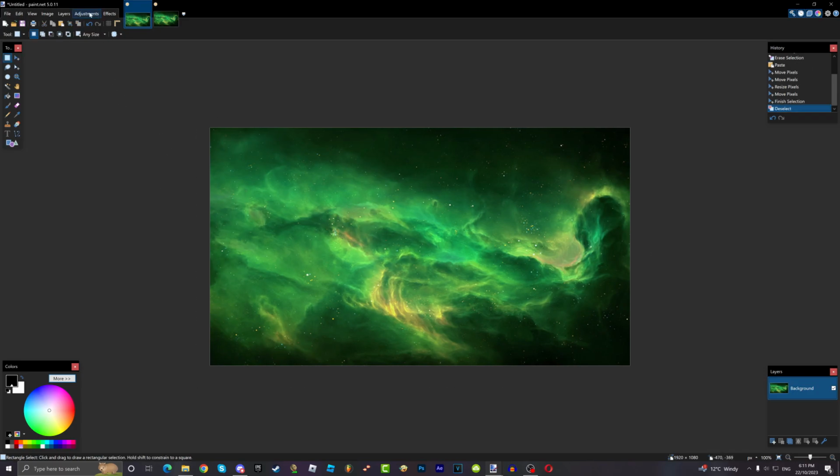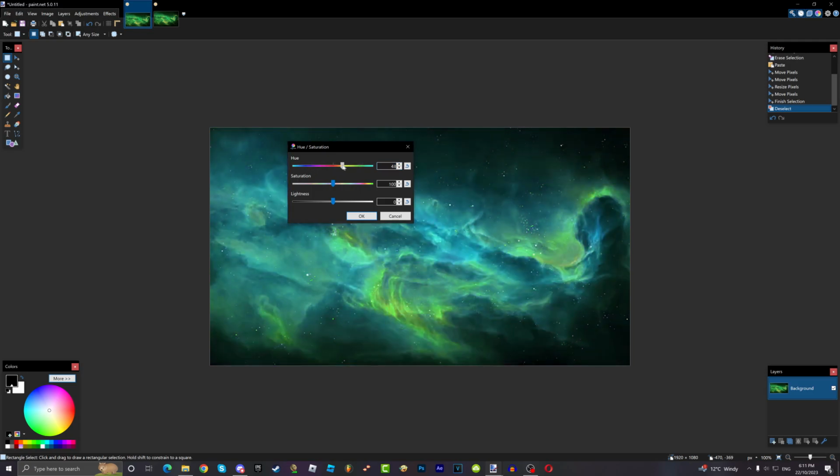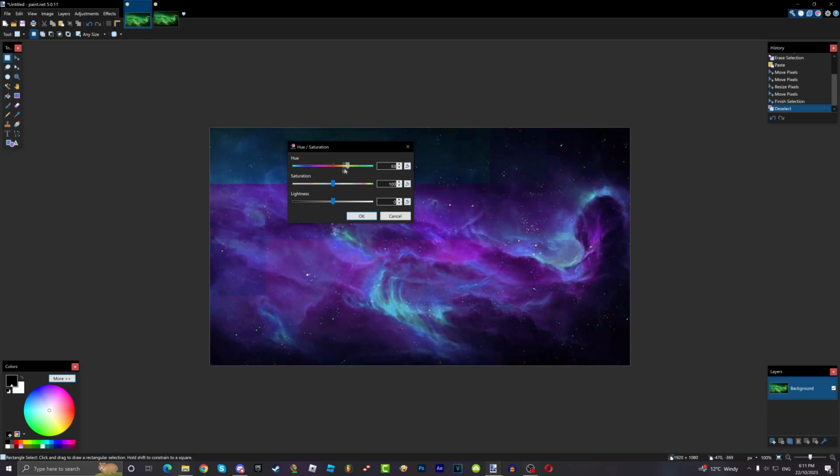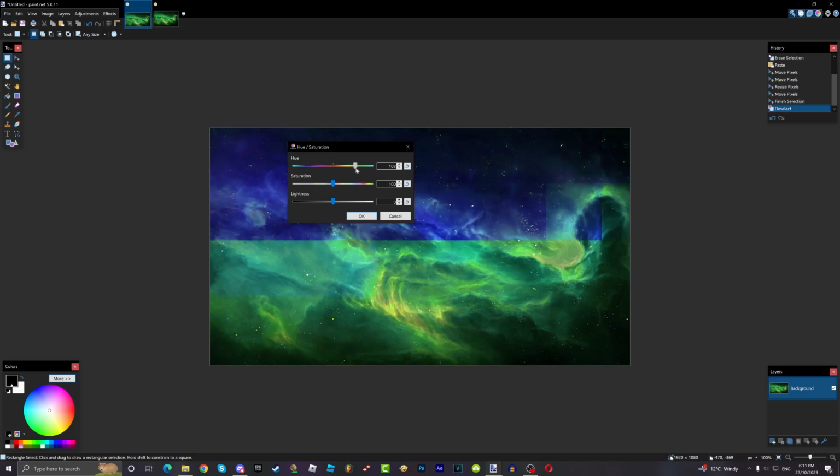Alright, then you want to go to Adjustments and then click on Hue/Saturation. This is if you want to change the color of the background, you can just use hue. Basically you can change the color of the background. I don't care which color you choose, just choose a color that is best for your thumbnail. So in my example, I'm just gonna use this blue. All right. Anyways, and then you